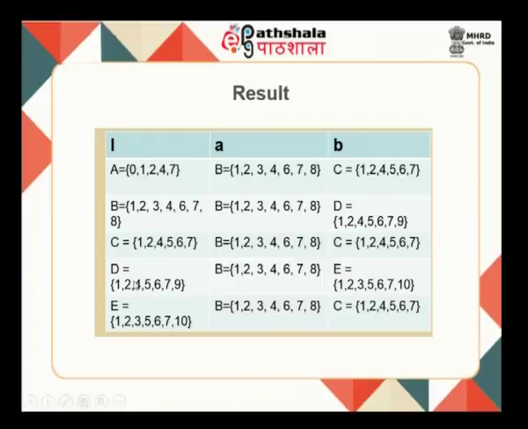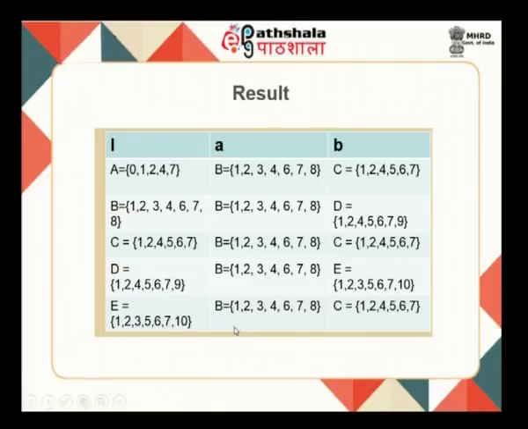From D, if I look at it, on A again it is only from 2 and 7, which is the same set. On B, of course, we have one from 4 and one from 9. Okay, on A I made a mistake, it is from 2 and from 7 we had a transition on A, and for B there is a transition from 4 and there is a transition from 9 on B. So, that is why we have got this new set E. So, again I have one new state called E here, which is 1, 2, 3, 5, 6, 7, 10.